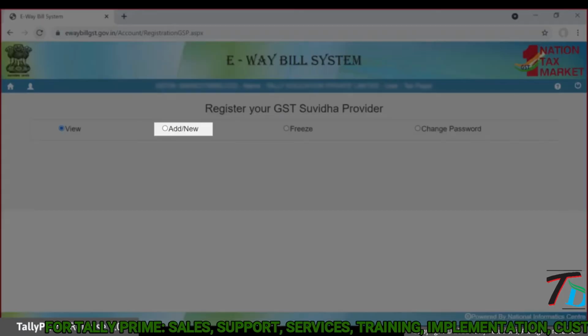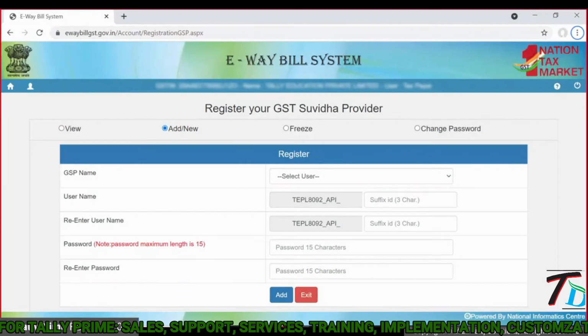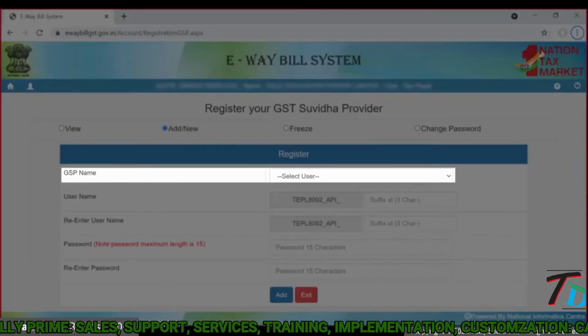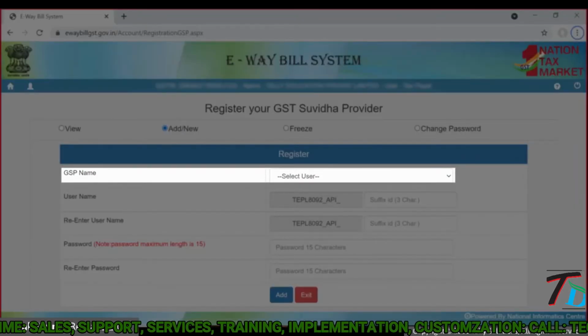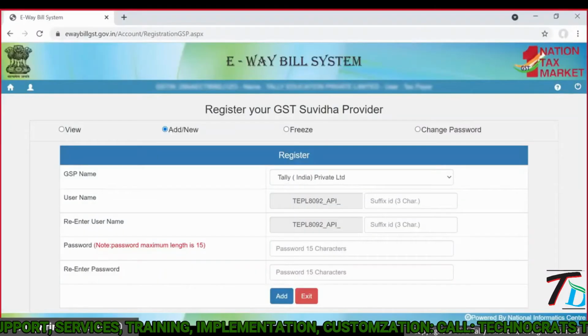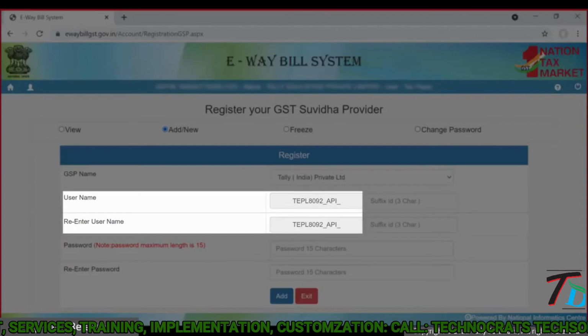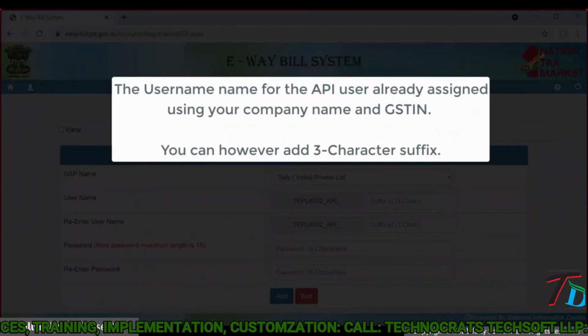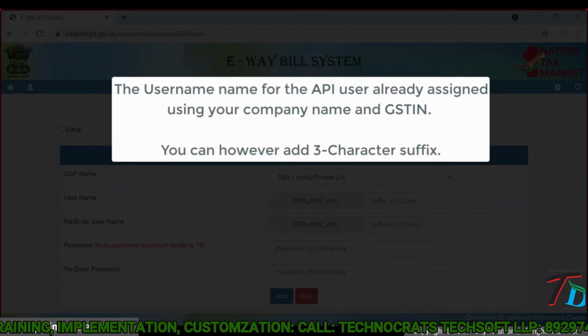Select the option Add New. In the GSP name field of the register form, select Tally India Private Limited. The username is already assigned by the e-way bill portal. You can add a 3-character suffix to the username.